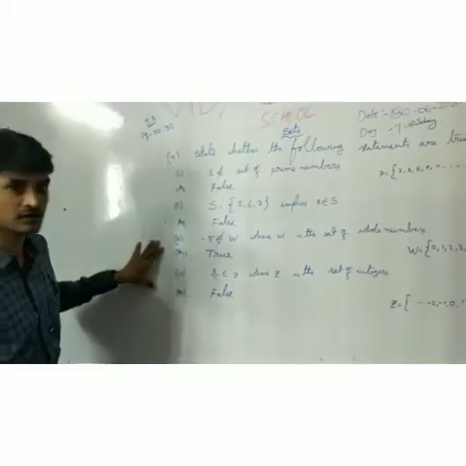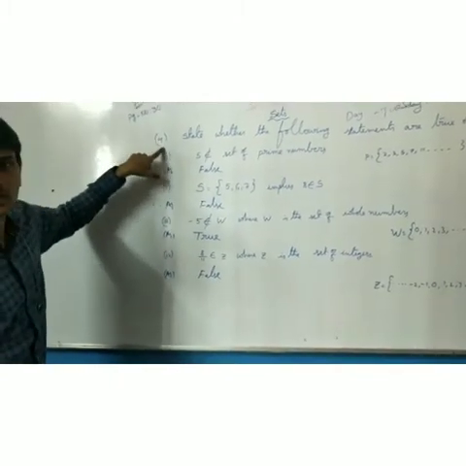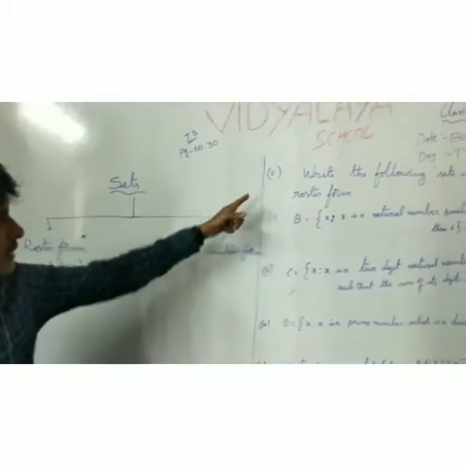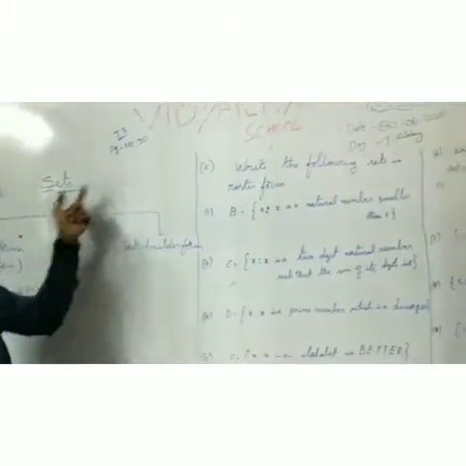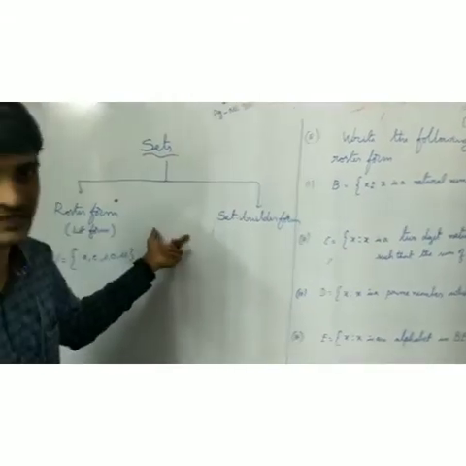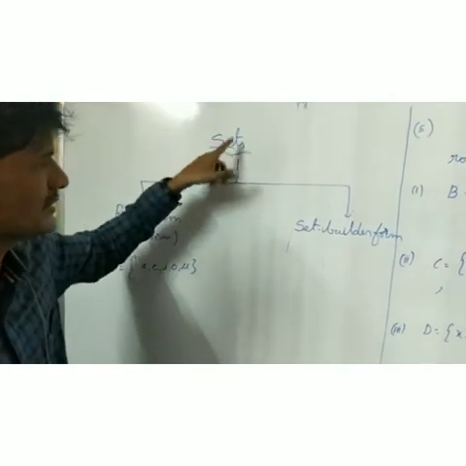Everybody has to do this homework 2 times. So listen carefully. Next we are going to the fifth Roman. Now children, we are discussing the fifth Roman and sixth Roman. Before these 2 sums, there is just an introduction part we have to listen to. This introduction is so important. Already we know that set or sets.